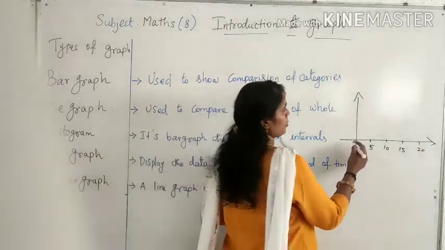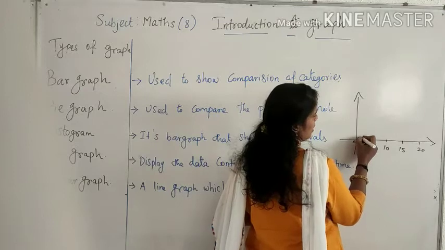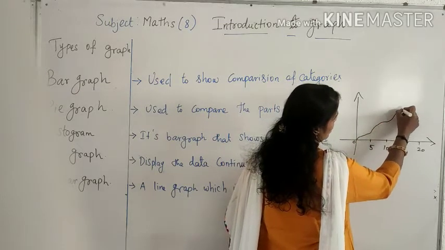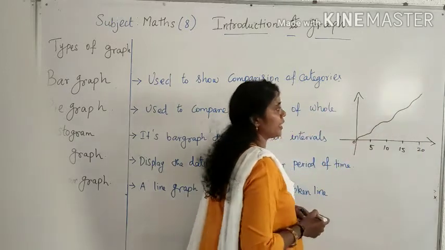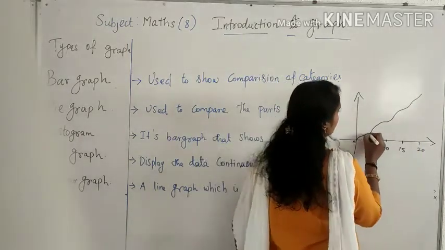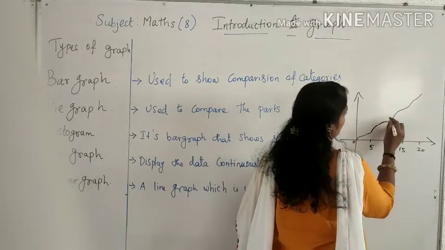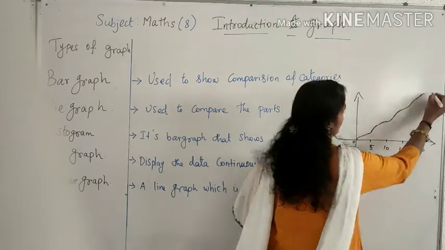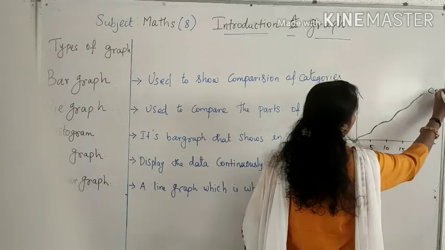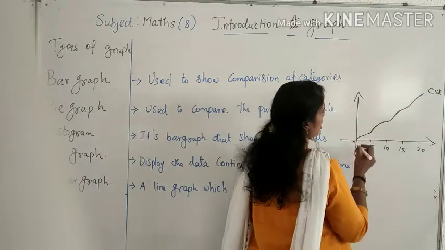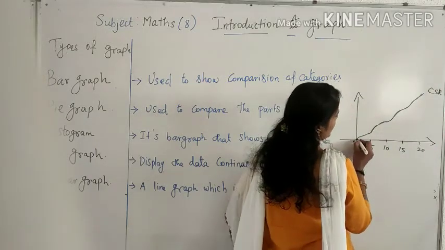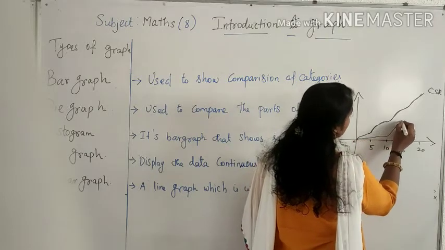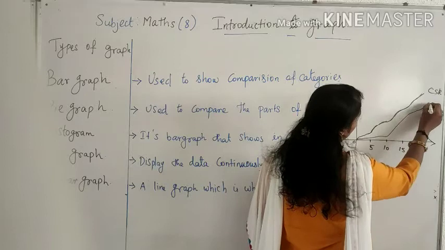In 0 to 5 overs, what is the run rate? Suppose it can be very less, and then it increases, increases, and goes on like this. For CSK, it increases like this. When it comes to Mumbai Indians, it may go down, and then from the 10th over onward they improve. Again they are coming up like that.